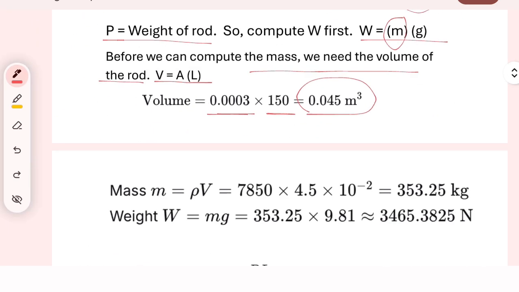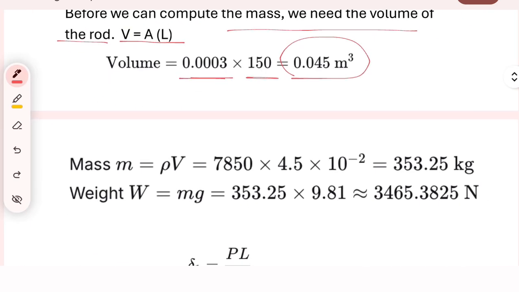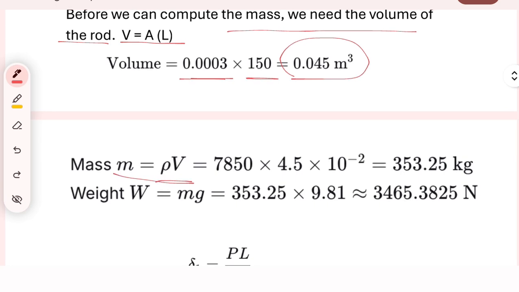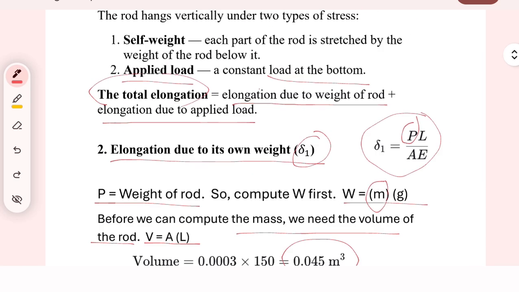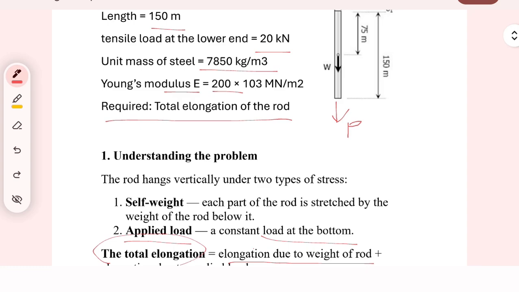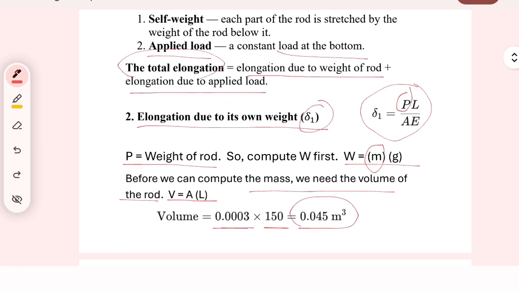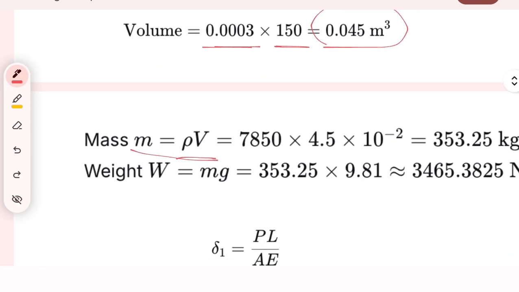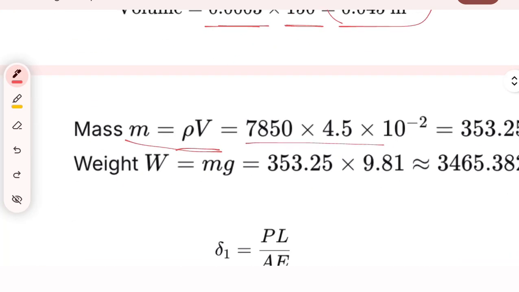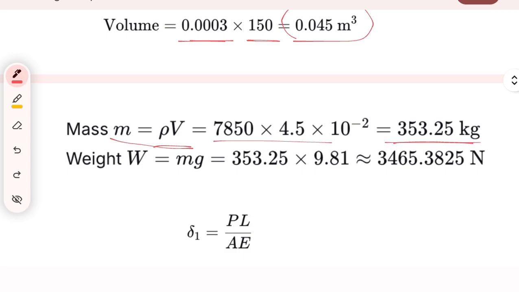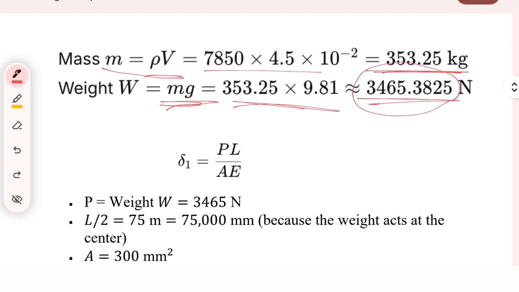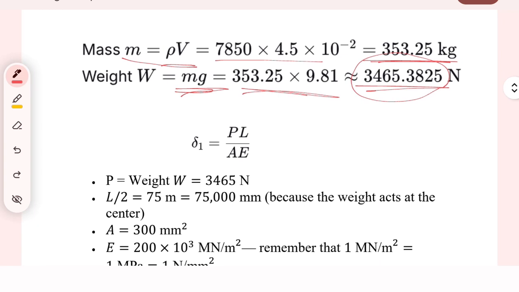Once you have the volume, you need to compute the mass. Mass is equal to rho times the volume. So what is rho? That is 7,850. It's actually given here, see, that's the unit mass of steel, 7,850. You multiply the unit mass of steel with the volume, and that gives you the mass. Once you have the mass, you multiply it with g, and this gives you the weight of the rod. So the weight of the rod is 3465.38,